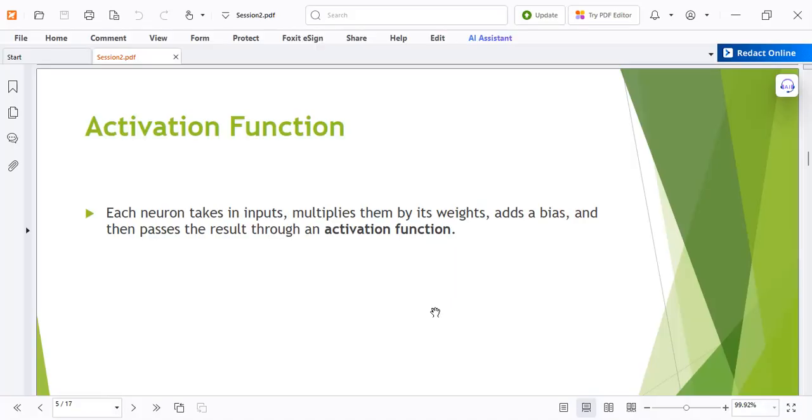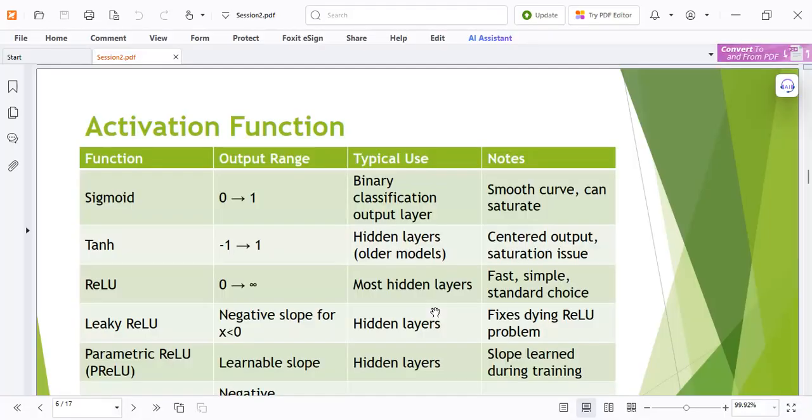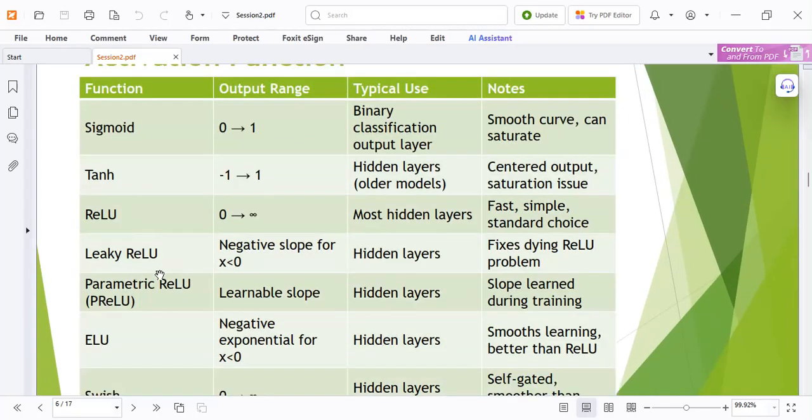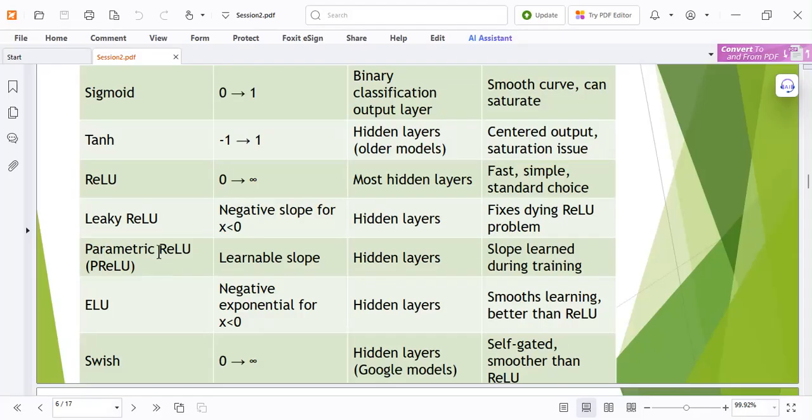So the job of the activation function is deciding whether a neuron is activated or not. So we have some activation functions. Today I'm gonna talk about the different activation functions. We have sigmoid, we have tanh, we have relu, leaky relu, and other stuff.